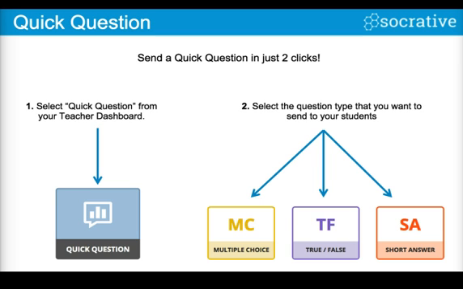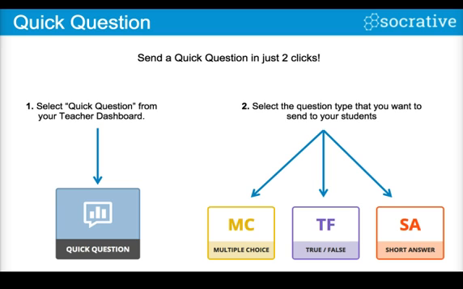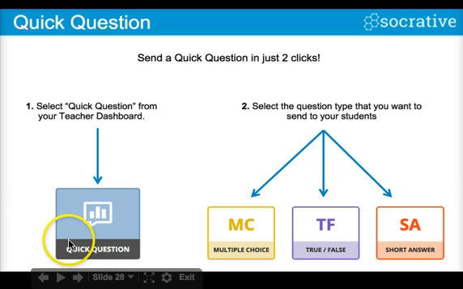If you really don't have the time to type the questions in ahead of time, then just use the quick question mode. You can really do that with any of these tools that I've shared with you today. Verbally ask a question. Once you're logged into Socrative, you would just click on quick question. You could tell the students verbally, or write it up on the board in your whiteboard, what type of question it is, and then have them pull in their answers, and you can analyze the results right there on the fly. You would know in your mind which one was the right and wrong answer, and you can still utilize this really effectively without having to spend a lot of time.